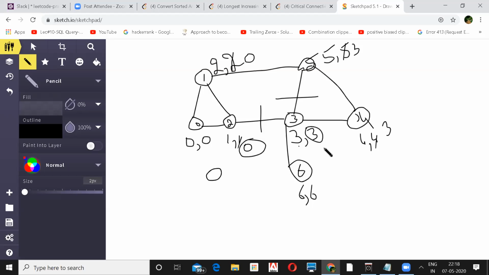That means this is the critical edge. Yeah, so in that case you cannot take the low link value of your parent, because 6's parent is 3. You cannot update the 3's low link value from 6's low link value because that is your parent. So leaving the parent, you can look at your other nodes and only then take their lowest low link value.